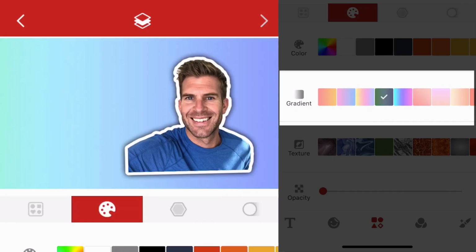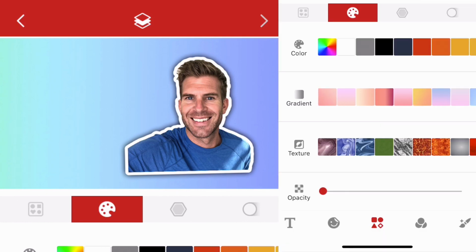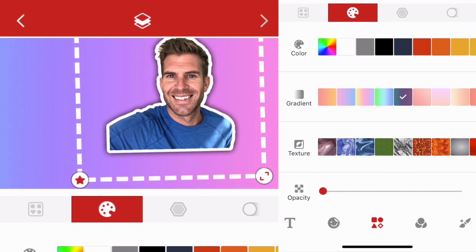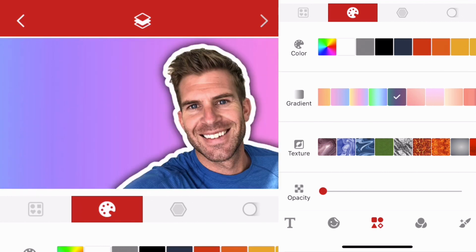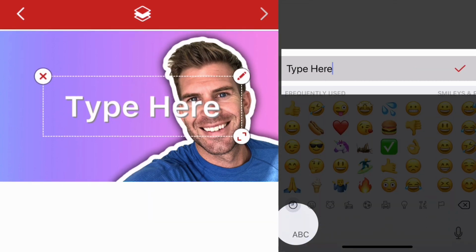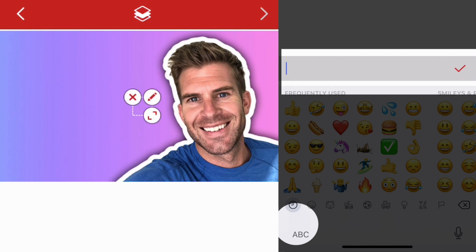I'm gonna do a gradient. Let's see, let's do something. Let's stick with this one. And let's make this bigger. Put that about right there. I like that. Okay, now we're gonna add text right here. And you literally just type out right here. So I'm gonna put,